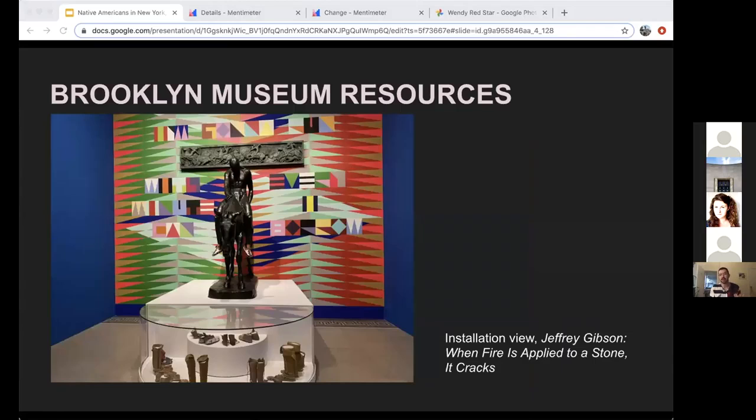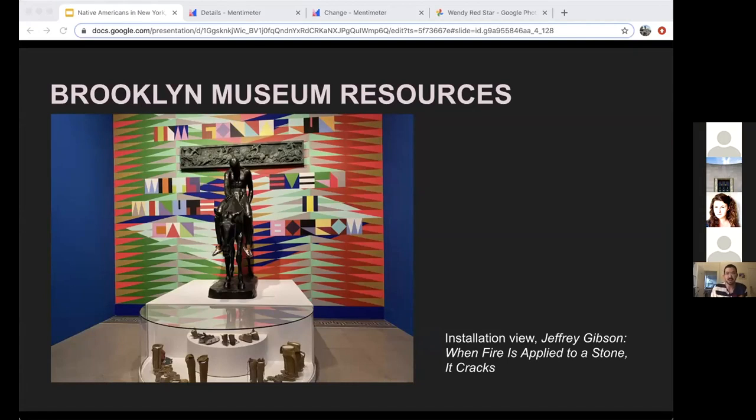Then the last category I want to quickly talk about is contemporary Native American art, which I think is just so useful as a teaching tool. So many Indigenous artists today are thinking explicitly about the kinds of issues we're discussing in this workshop, such as historic bias, and are working to correct and reclaim narratives about Native American history and culture. Teaching from contemporary Native American art is also a great way to remind students that Indigenous cultures still exist. Harking back to something Molly brought up and a theme that came up in yesterday's session, just making sure that Native American communities are not relegated to the past and making sure students know that they continue to grow and